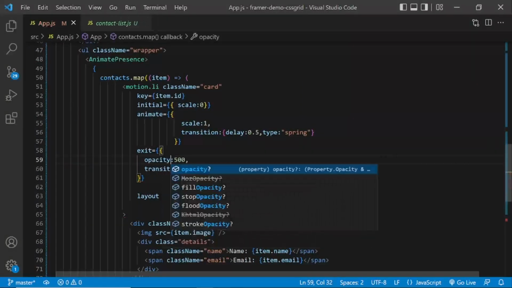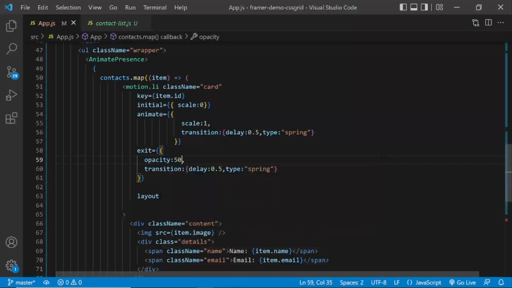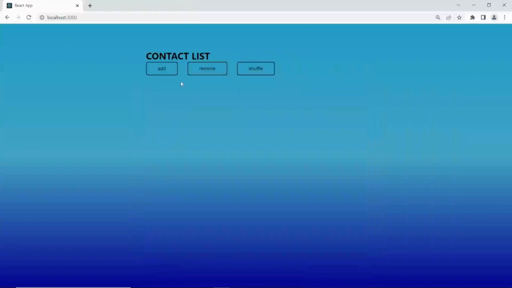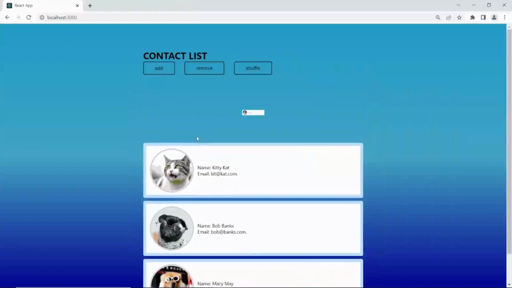So we just put it to something like opacity to 0. So it's going to fade out, and I don't think we need a spring, and you can put a delay in there. Now when you add it, it will bounce in.